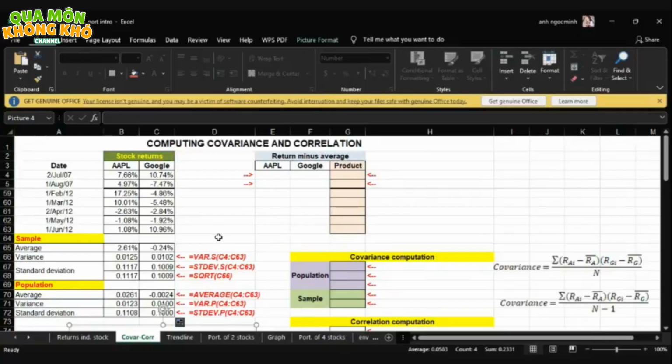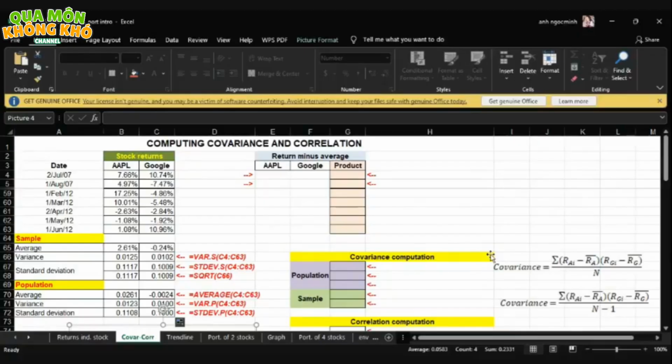So in the later example, I will use the calculation for sample, and to calculate covariance with the normal calculation